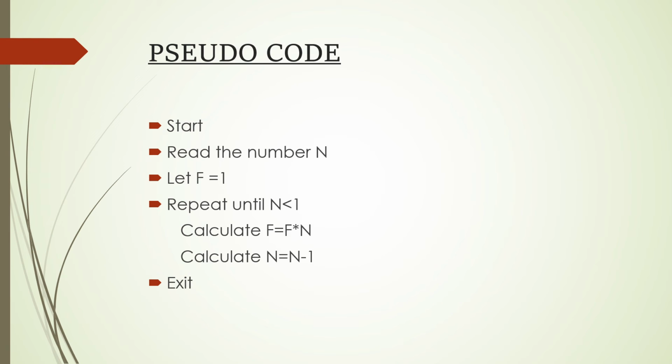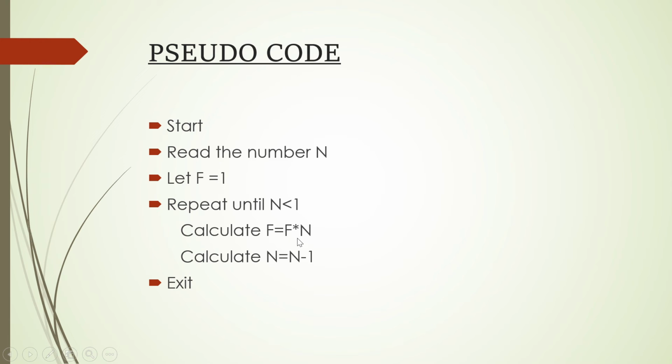So let's move on to the pseudocode of this program. So the pseudocode will be something like this, that we have to start the program. उसके बाद हमको read करना है, read the number n, और उसके बाद f को हमको fix कर देना है, जो value है f equals to 1. Repeat until n is less than 1. तो यहाँ पे हम इसको बोल रहे हैं that you have to repeat until this condition is being satisfied, क्योंकि यहाँ पे loop घूम रहा है।